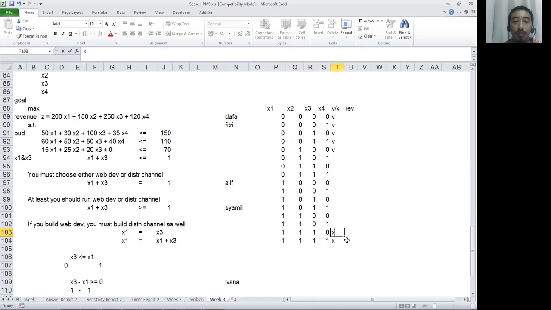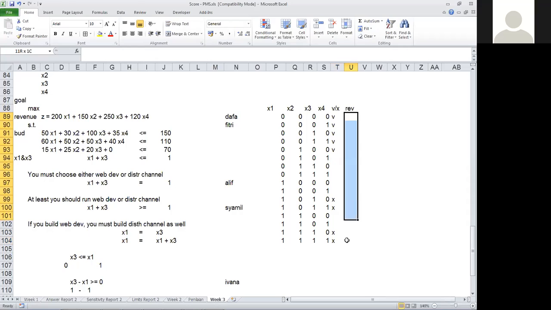This is not okay as well. This is not okay as well, and so on. Yeah, can you get this? And in the last step, you calculate the revenue of all the okay ones, and you choose the maximum one. Okay, clear enough related to this manual calculation? Any question, maybe?